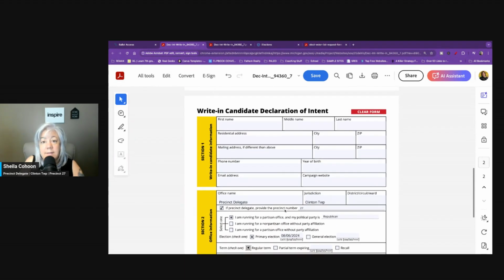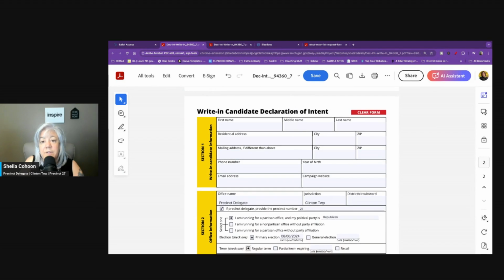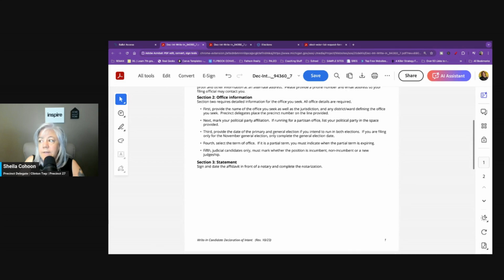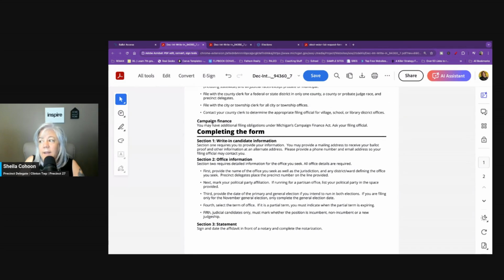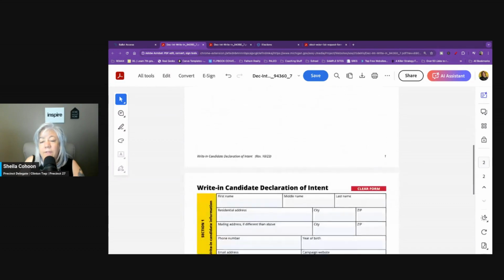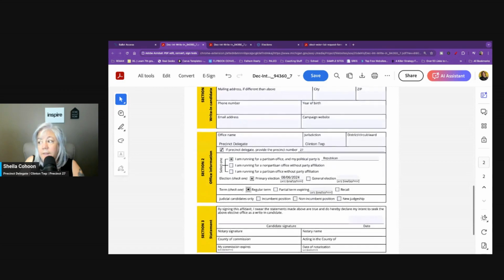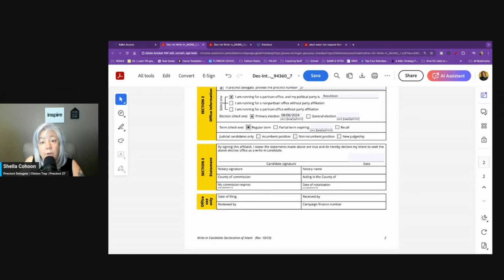But either way, it needs to get to the elections department. And I would hand deliver it even after you have it notarized, just so that they have it in enough time. So if you have any questions regarding this form,